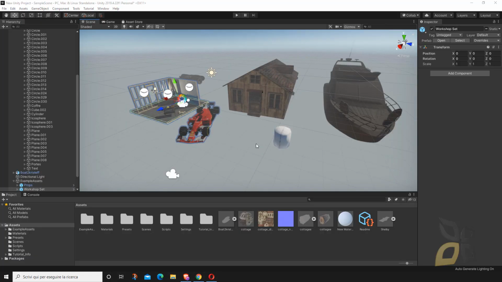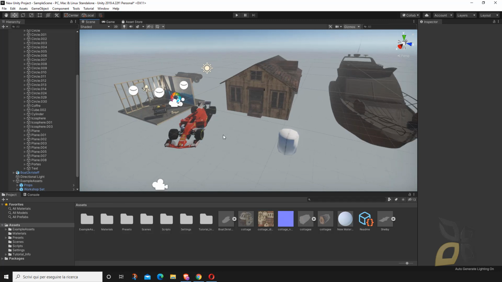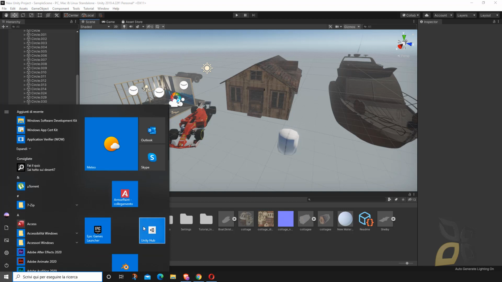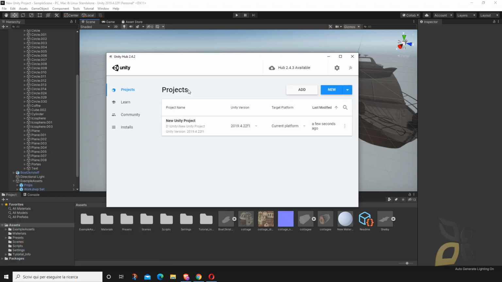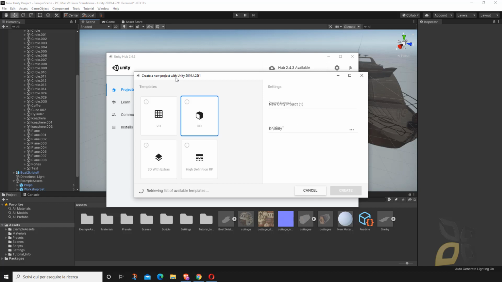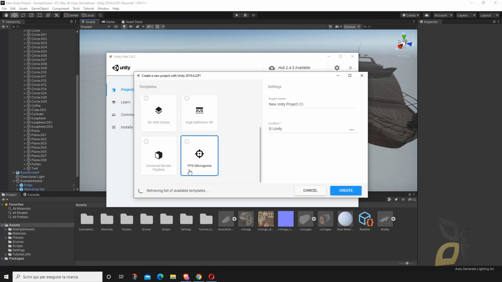Okay, as I said before, I have imported some models from the web, but if you don't want to do that, you can skip that part, because if you open up the Unity Hub, which is basically the launcher that you need to create a Unity project, and you go to Projects and say New, you can pick these templates, and if you want to have something inside, choose 3D with extras.